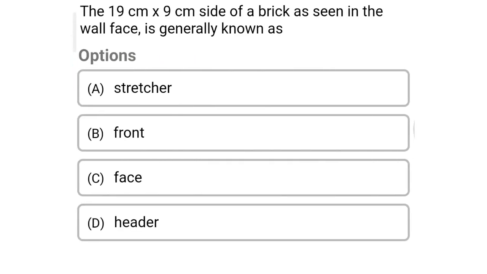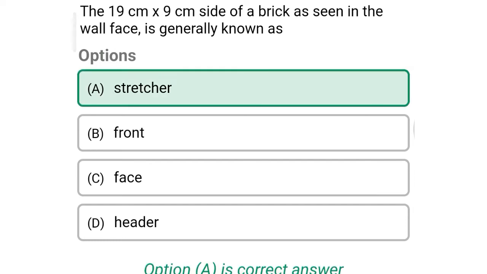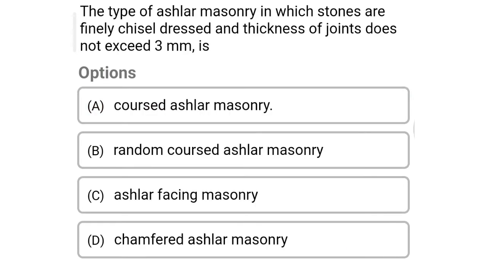So next question, the 19 cm into 9 cm side of a brick as seen in the wall face is generally known as option A structure, option B front, option C face, option D header. So the correct answer is option A structure. So next question,